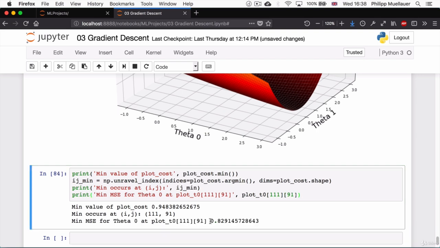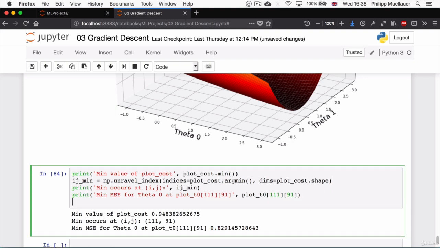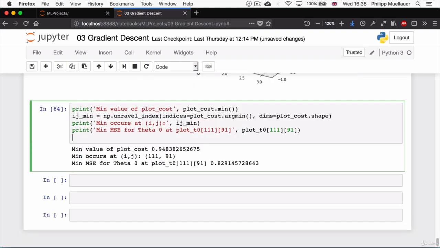Hitting Shift Enter, we can see that this is fiendishly close to what the scikit-learn package calculated. Now, of course, using a nested for loop is not better. It's very much a brute force method, but I kind of wanted to show you how you can use these 2D arrays and how you can work with them